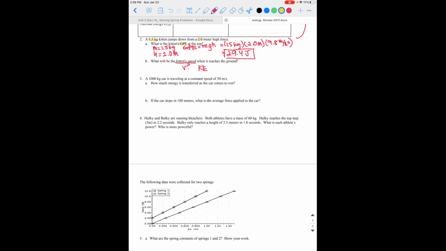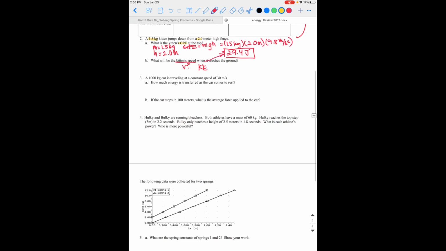So whatever this value is here, the 29.4, that's going to be our kinetic energy due to conservation of energy. And we know kinetic energy has the equation 1/2 mass times velocity squared. So if we plug in our mass of 1.5 that we got from the problem,